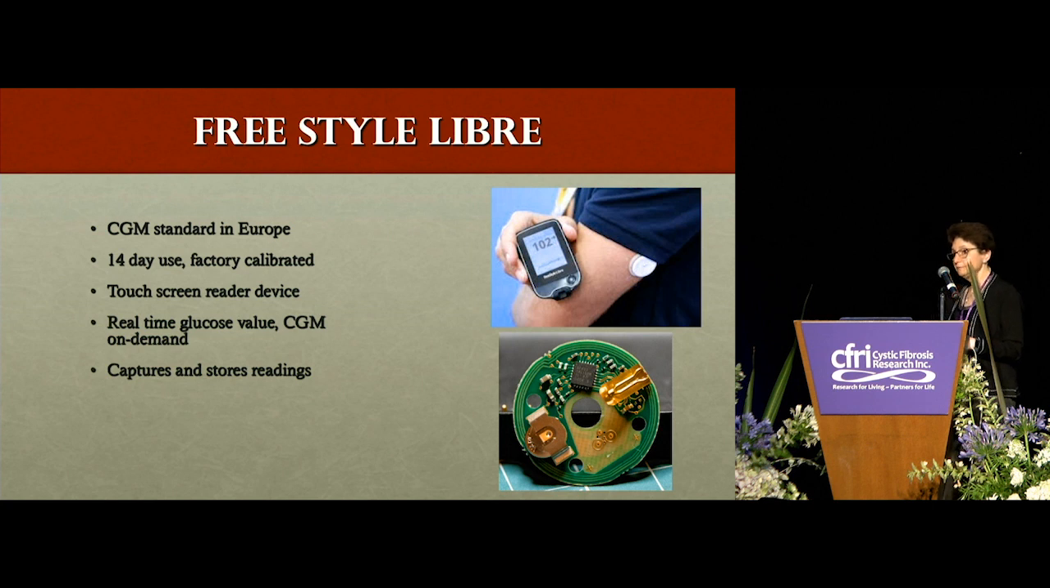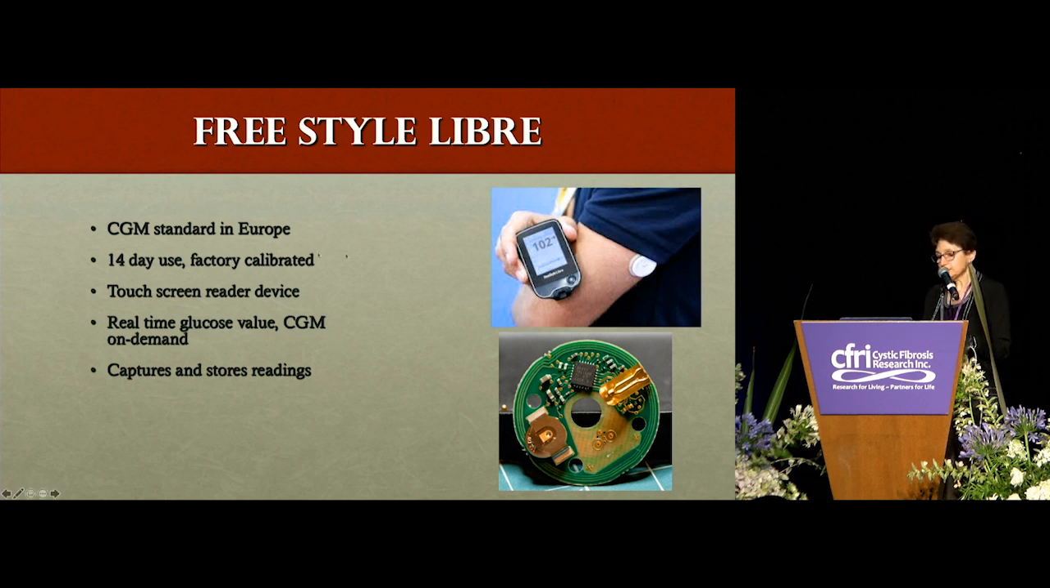Another device that has been used a lot is the Libre, the Freestyle Libre made by Abbott. It is a standard CGM that's used a lot in Europe. It was first approved in Europe, and it's approved now in the US for 14-day use. This device does not provide alerts and alarms for if you go low or high, as Dexcom does, but